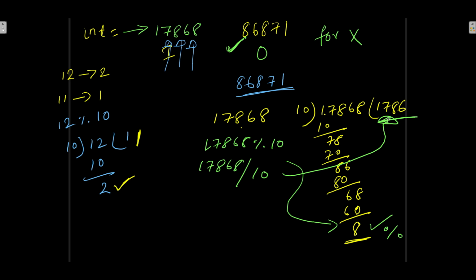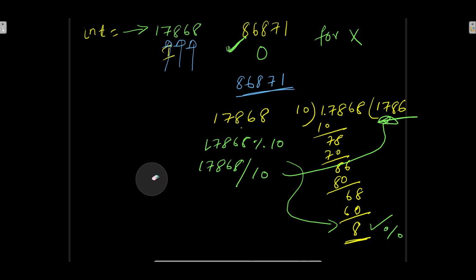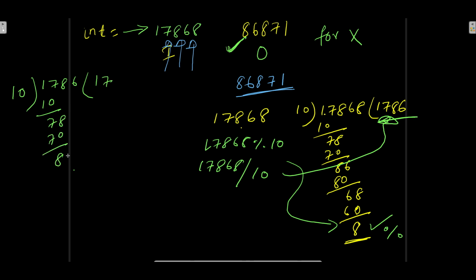Now let's think about what we should do here. Let me remove this. One thing we got is one output. Whatever division came, 1786, is pending. If I again do modulus by 10, it is 6. So 178, 6. I'll multiply by 8, it will come 80, so I got 6. 6 is my second data, right?